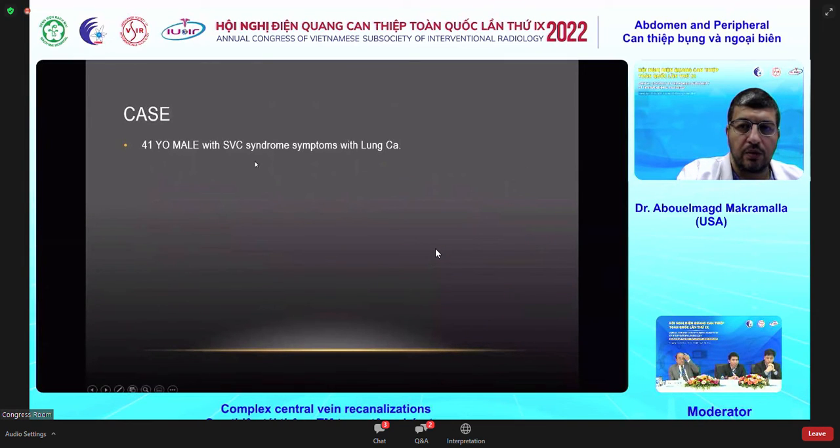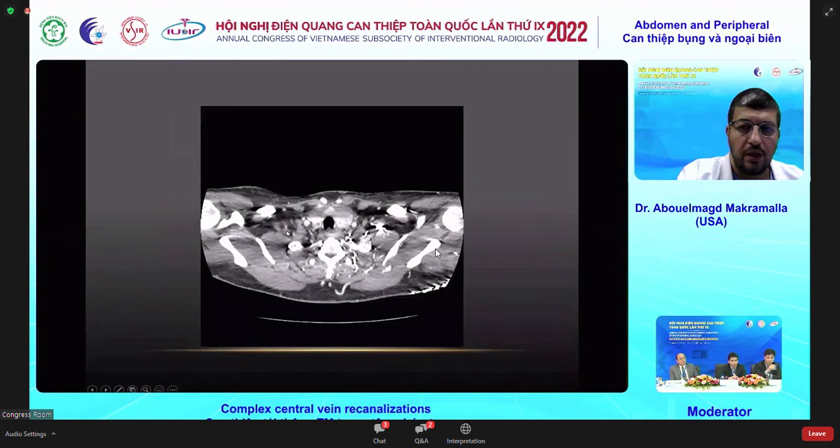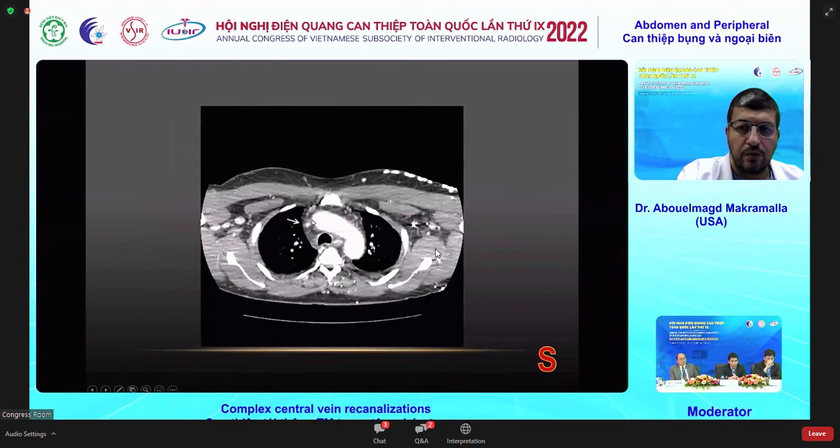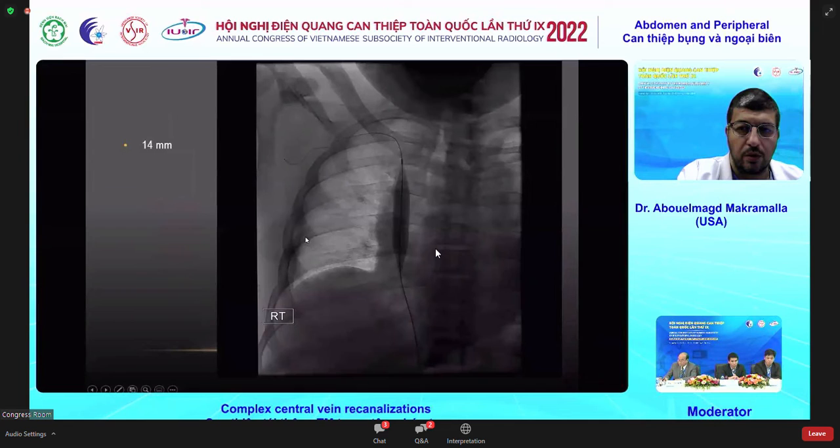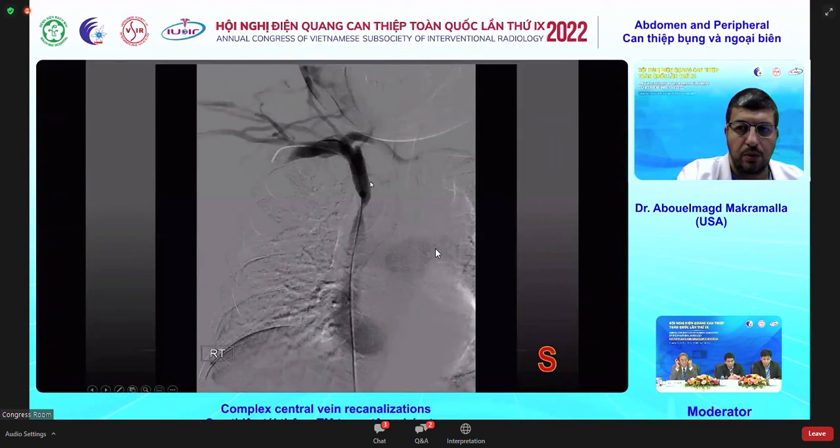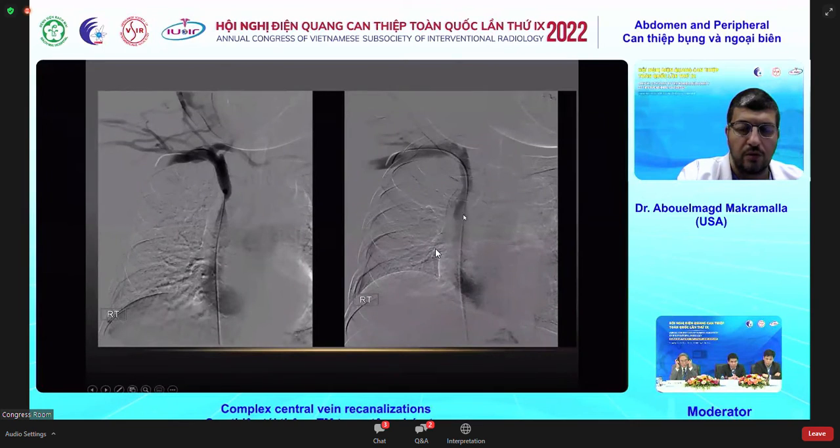This is a patient with SVC syndrome symptoms and lung cancer. As you can see, their SVC at the brachiocephalic is completely occluded with calcifications. We're able to recanalize the SVC via groin access and angioplasty the occluded vein with a 14-millimeter balloon. We got relatively fair results. However, we angioplastied with bigger balloons, and we got a good venogram with a better caliber of the size of the